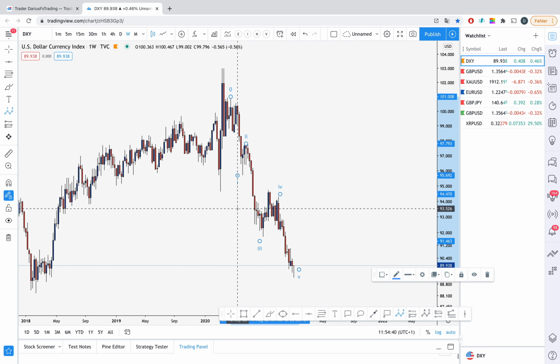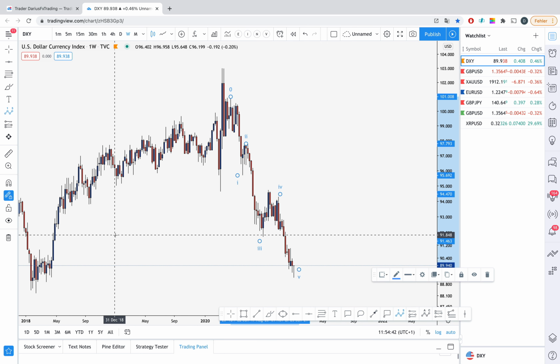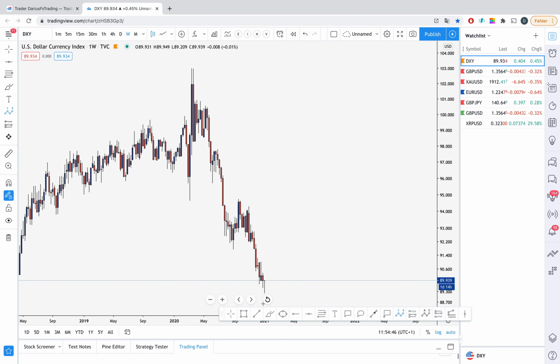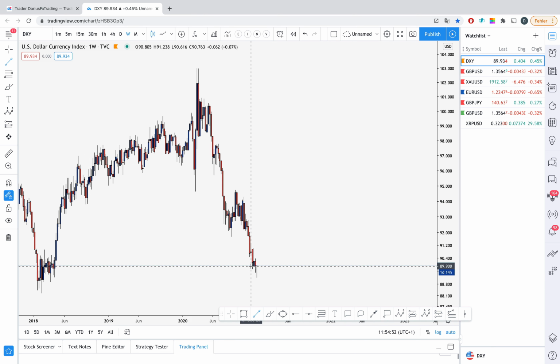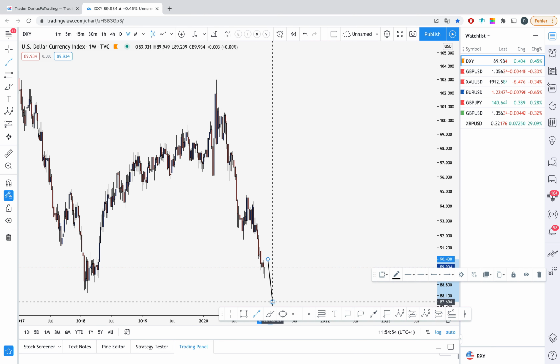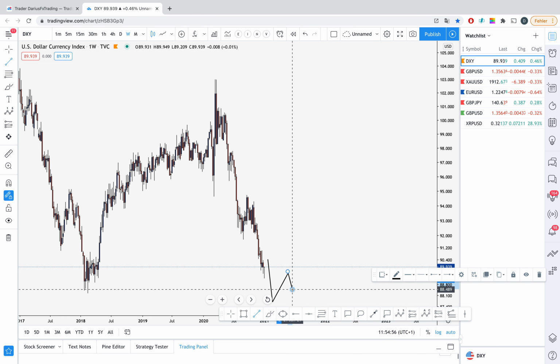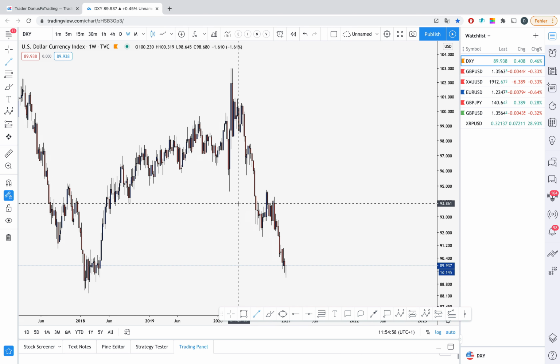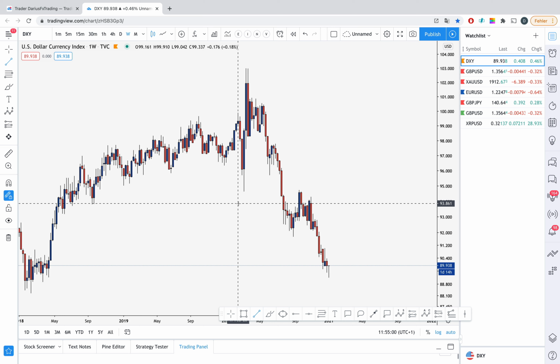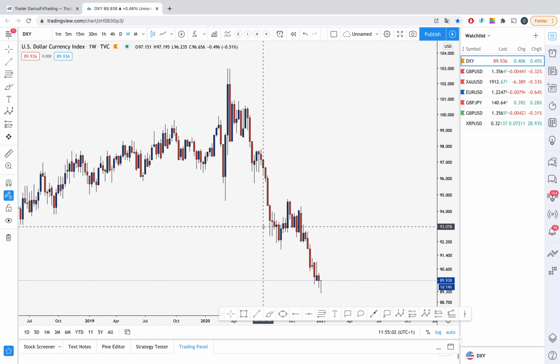This is why right now we got some more options for how this correction will look, because maybe we're going to have an A, B, C correction, something like this, or we're going to simply continue to drop down to have an extended impulse to the downside. This is the question right now which I cannot answer for you,